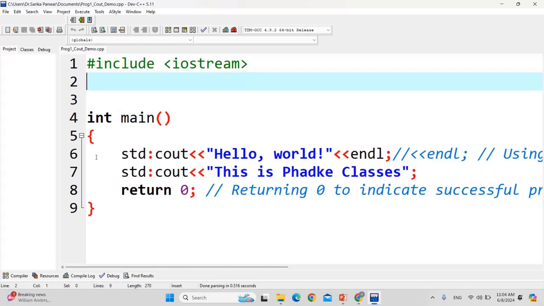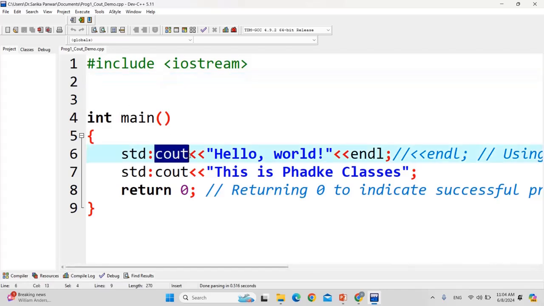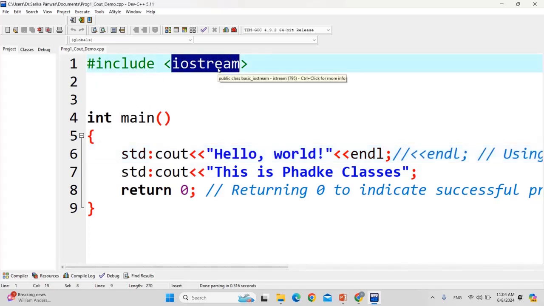Okay students, so see here in this code, this is the simplest and basic code just to demonstrate the functionality of cout. Here hash include iostream is obviously required, because it is a compiler directive and all the iostream functions are defined in this iostream header file.